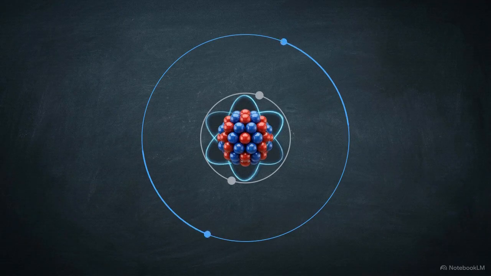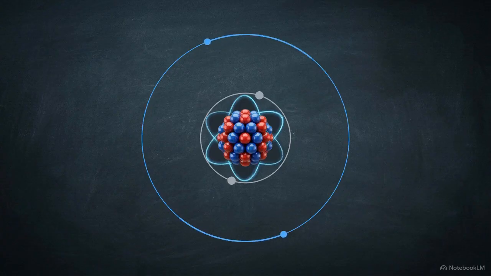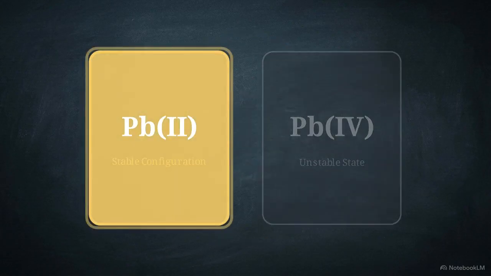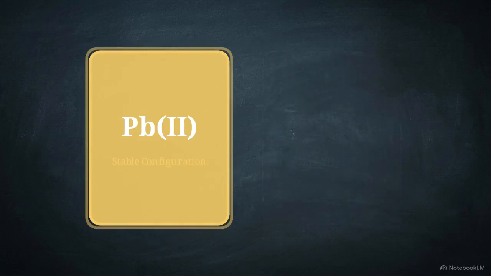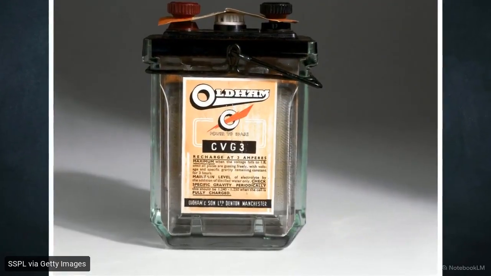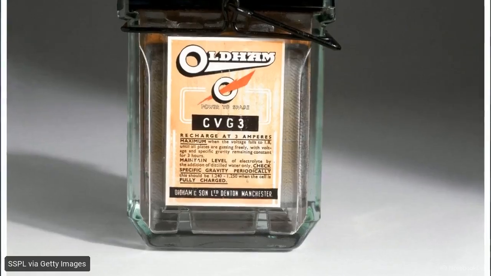Moving 2 spots further right brings us to lead, at atomic number 82. Lead is another element defined by relativistic kinematics. Lead exhibits a phenomenon known as the inert pair effect. As this orbital diagram shows, lead's two 6s2 electrons are so relativistically contracted that they become chemically useless. Only the 2 outer 6p electrons remain available for typical chemical bonding. Restricting available valence electrons shifts lead's chemistry to favor the Pb2+ oxidation state over Pb4+, creating the thermodynamic difference between lead